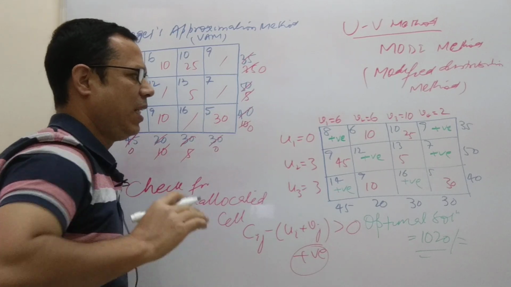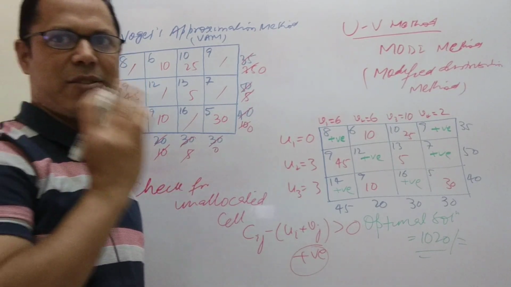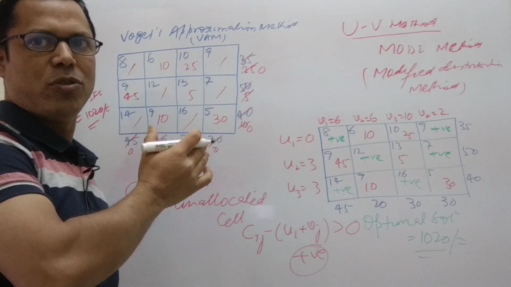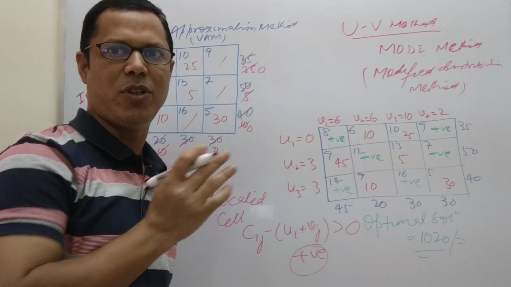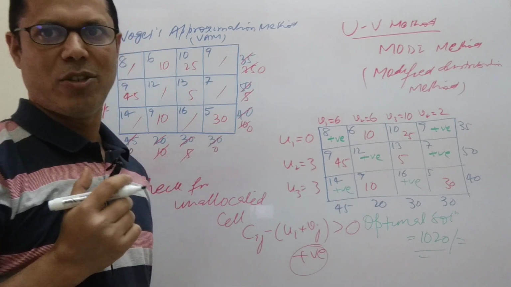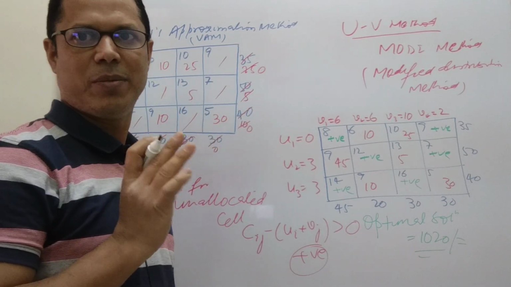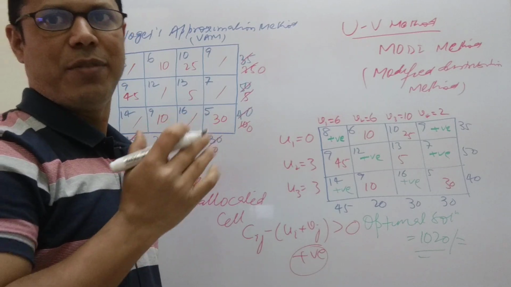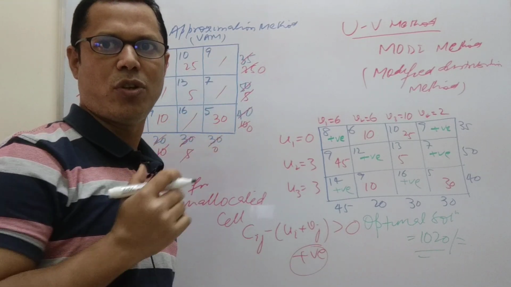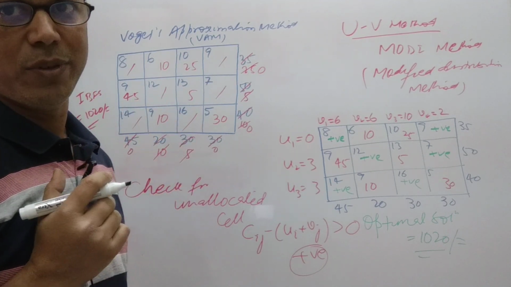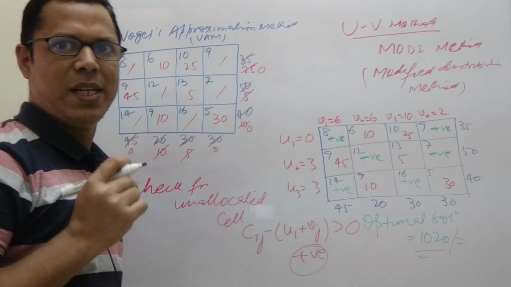So I think you have got the concept, because it is a very simple concept to apply to find the optimal solution through the UV method. We have already seen that the stepping stone method is also one of the easy methods. So you can go with either of these two methods if the question paper does not specify. If the question paper says to solve by a particular method, either stepping stone or UV method, then you have to follow that approach.